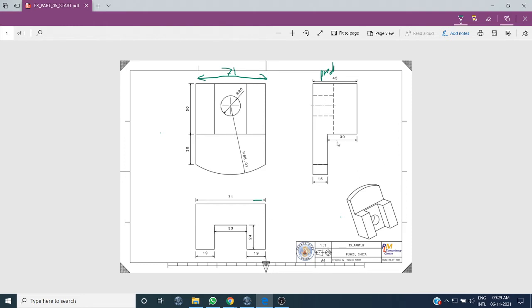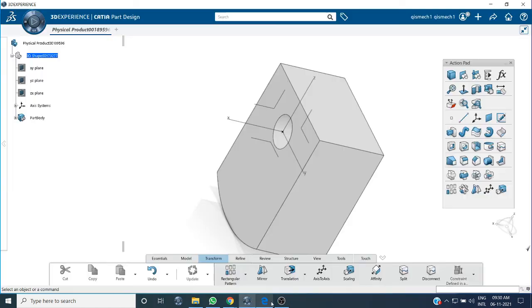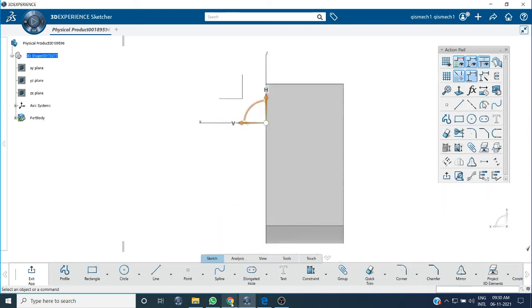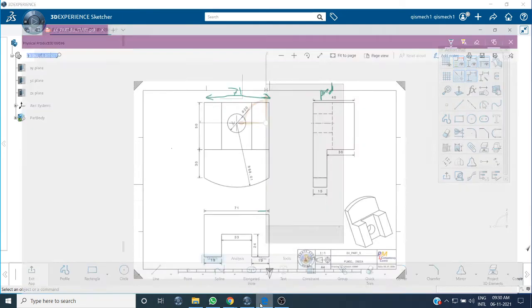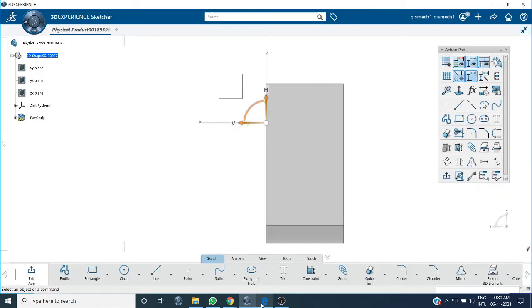Side view: take either the right side view or the left side view. Do a rectangle from that end line; the rectangle is 15 distance, and the horizontal distance is 30. Take a rectangle.